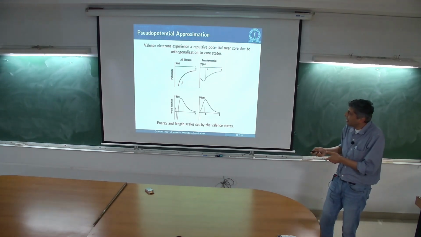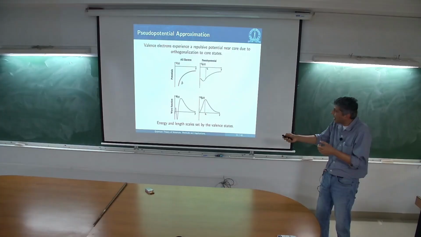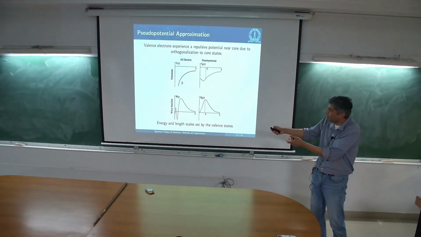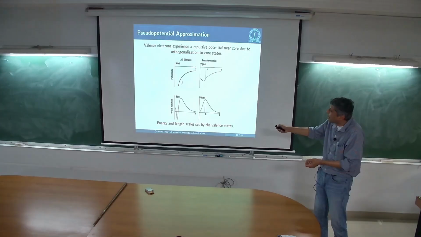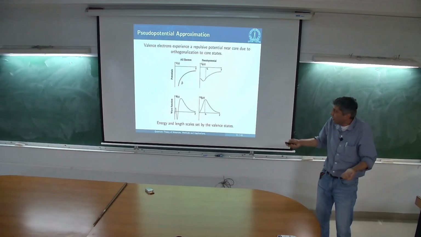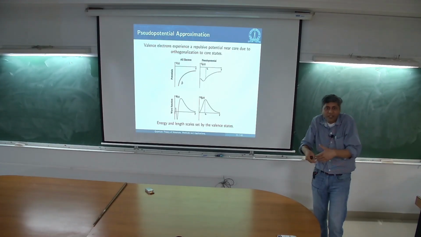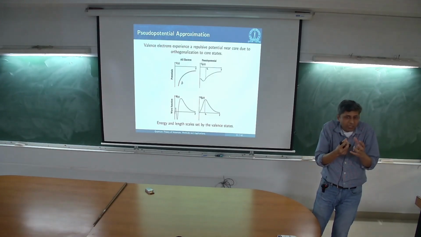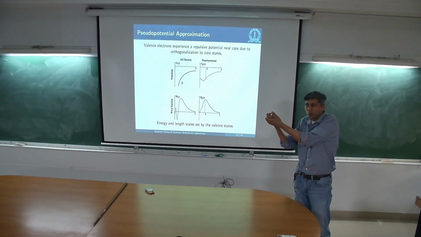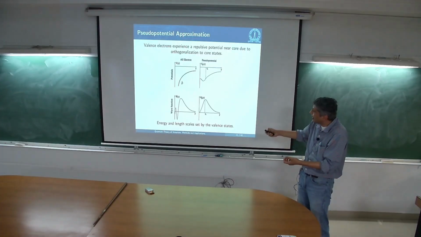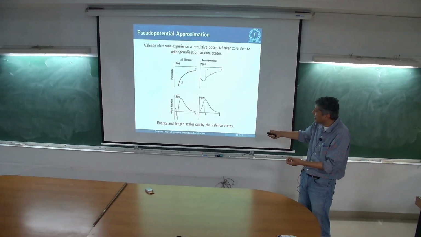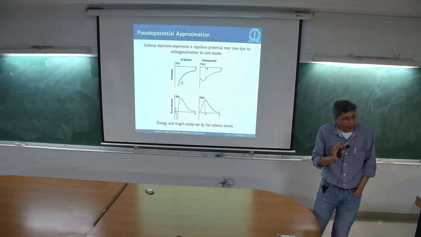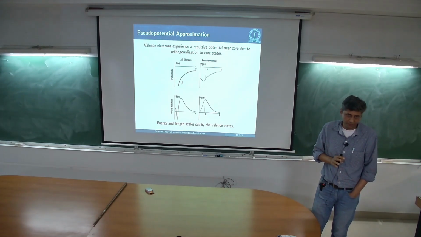And that essentially leads to some kind of a repulsive potential at the core, so that your potential is no longer minus z over r. I've written 1 over r here, but it's minus z over r. Rather it becomes a different potential, which beyond a certain radius will remain exactly as what it was, which is 1 over r, right? But inside the core, because of the fact that they are getting pushed out, if you were to write a potential just for the valence states, they have a repulsive potential. That's the basic idea of what the pseudopotential is.